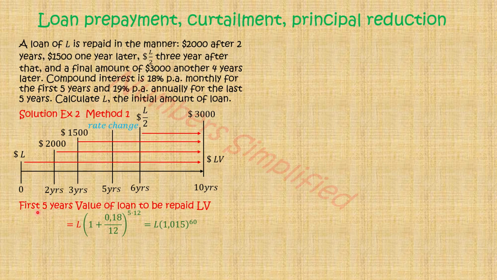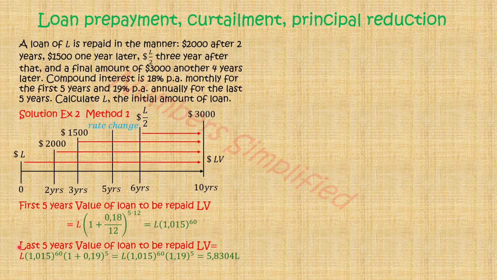Now we consider the value of the loan in the last 5 years. We see that the loan has acquired some interest in the first 5 years. That's why it is now L times 1.015 raised to the power 60. Then in the last 5 years, the interest rate changes. So as the interest rate changes, it means that what we have up until the first 5 years would also accrue some interest for the next 5 years, but at a rate of